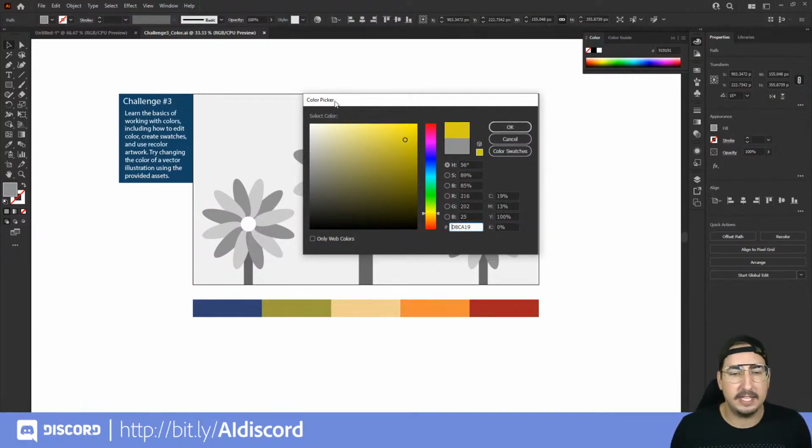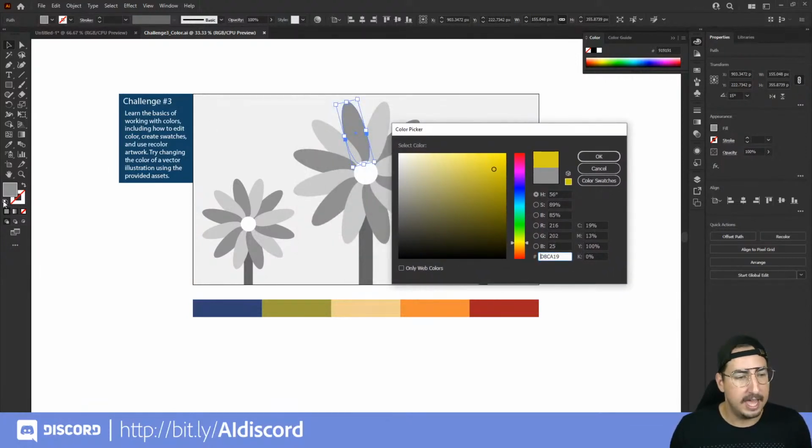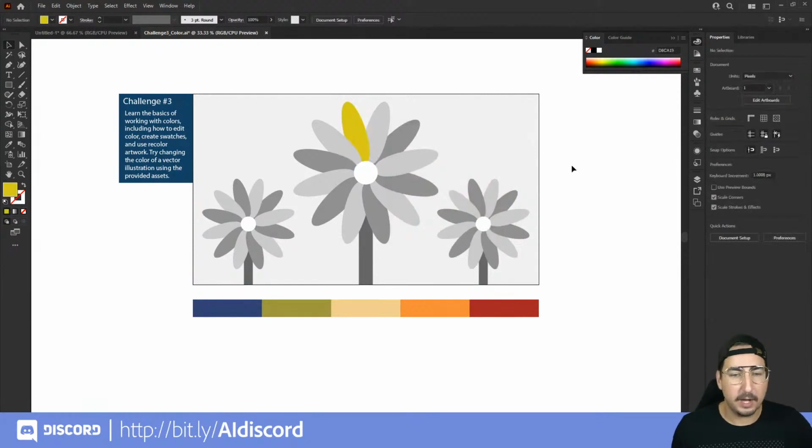Because we have the shape selected here, and we have our fill in the color picker, we are going to hit OK. And there we go. It has now changed the color of that object to the fill that we have selected, right? Super handy. Something else that we can do, and the reason that I have these blocks down here for you,